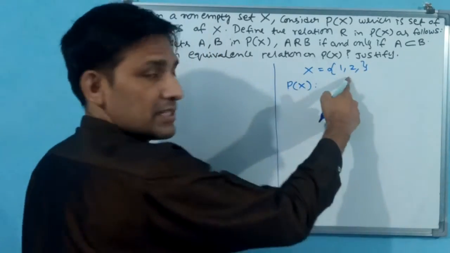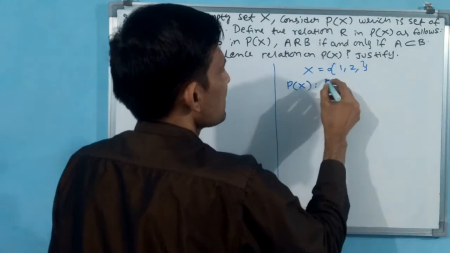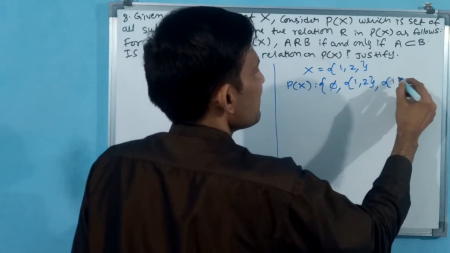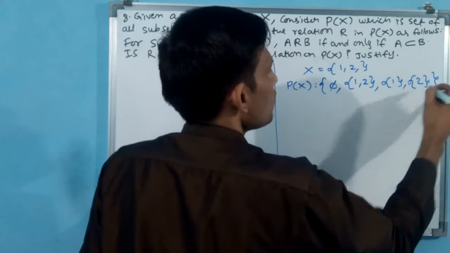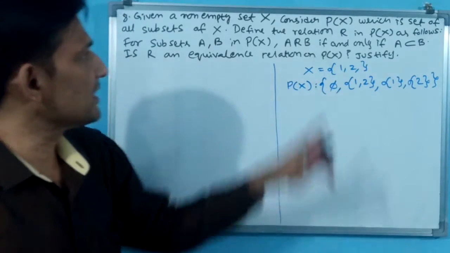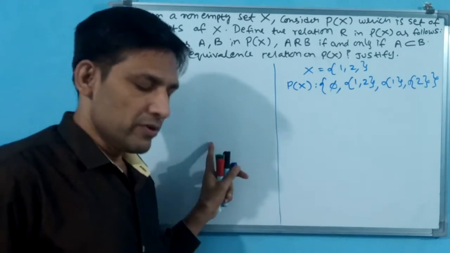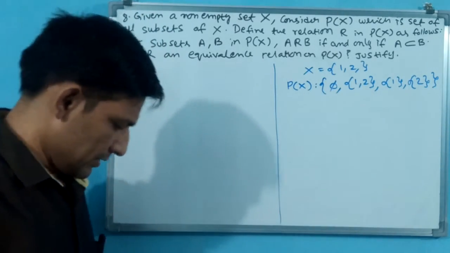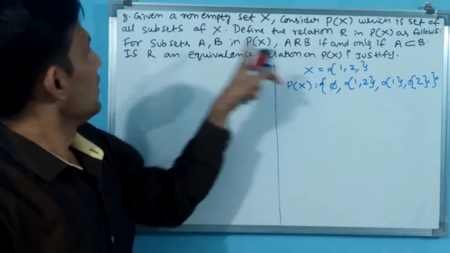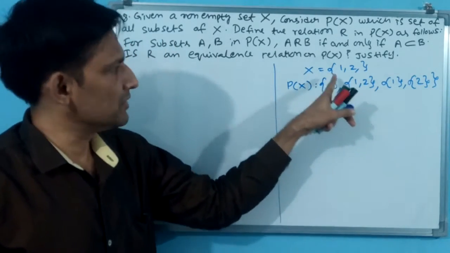See here, this is a set, the main set or universal set, you can say. The power set has one empty set, then one full set, then 1 will come, then 2 will come. Why? Because 2 power 2, 4 elements are there. This is the power set. I am writing an example, but the same example you can write for this question's answer. Even if you write with an example, that will be okay. Now power set of X is the set of all subsets. These are subsets of X. How many subsets? 2 power n subsets.